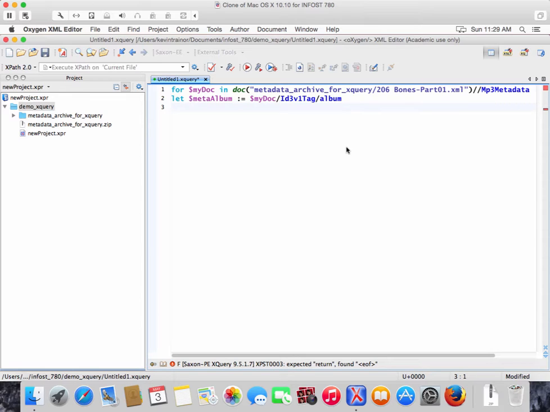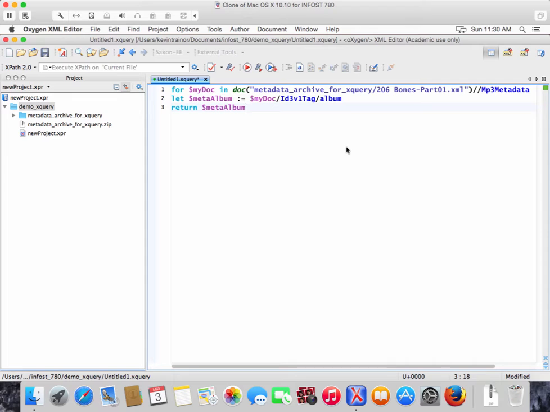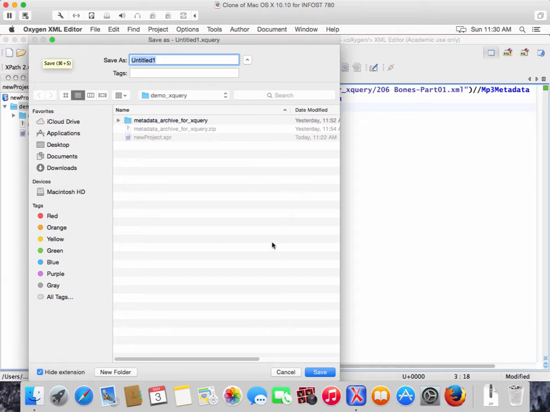And then how are we going to get to see it? Well, there's a return. Return. And we're just going to have the name of the variable, meta album. Okay? Well, why don't we run this and see what happens? The first thing we need is a transformation scenario to do it. Oh, we have to save this. So let's save this. Let's call this